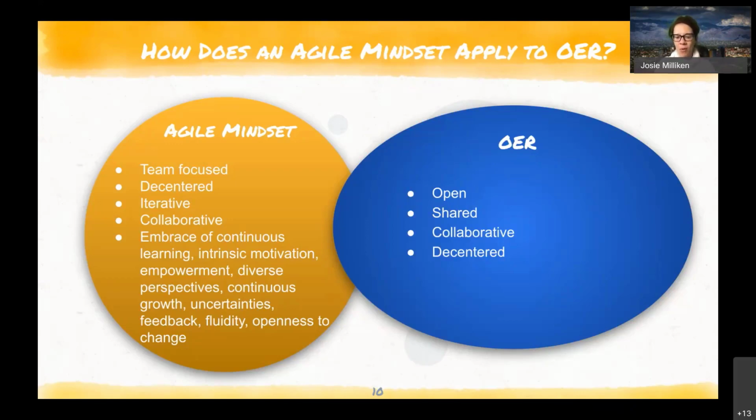And I'm sensing that quite a few of you here have a pretty good understanding of OER, considering you're at an OER conference. And some attributes of OER we wanted to highlight include open, shared, collaborative, and decentered. So already you're seeing an overlap here, and that these two concepts are pretty congruous. But you're also probably thinking, well, that's interesting. They are related. Lots of things are related, but I'm not quite sure